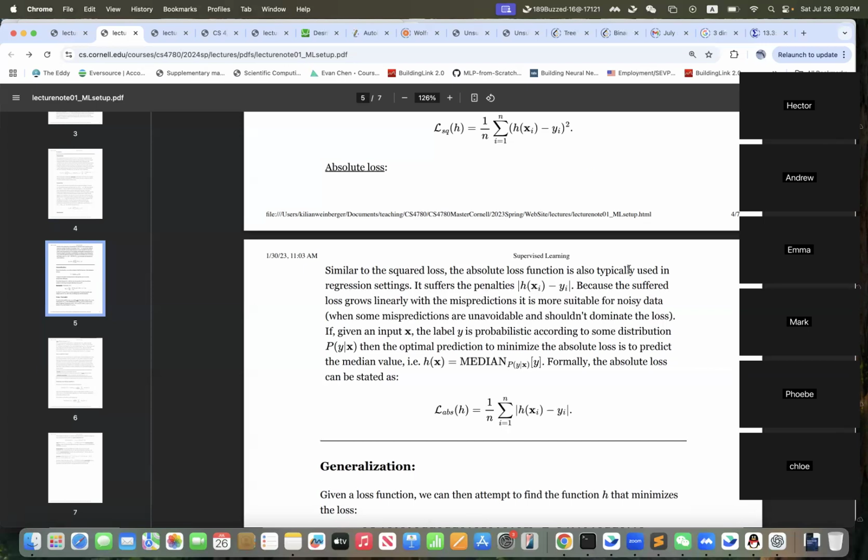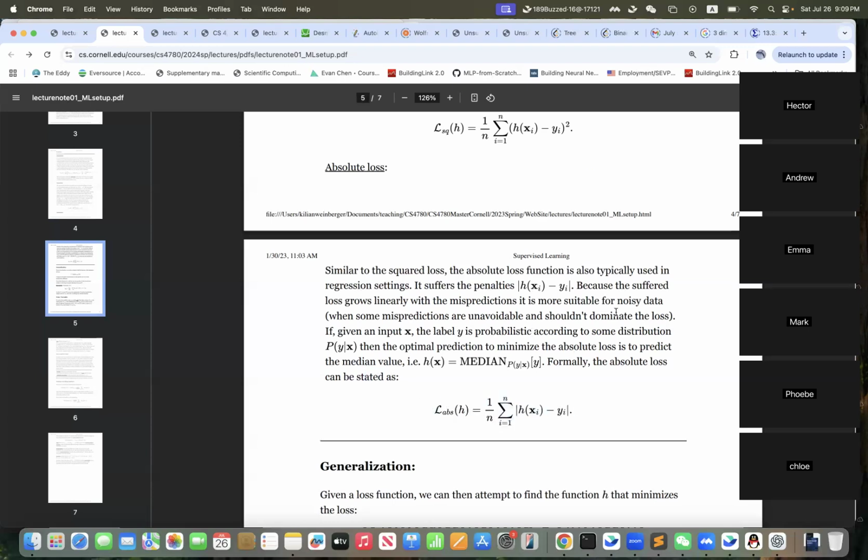If given an input x, the label y is probabilistic according to some distribution p(y|x), then the optimal prediction to minimize the absolute loss is to predict the median value. For example, h(x) = median p(y|x). Formally, the absolute loss can be stated as,